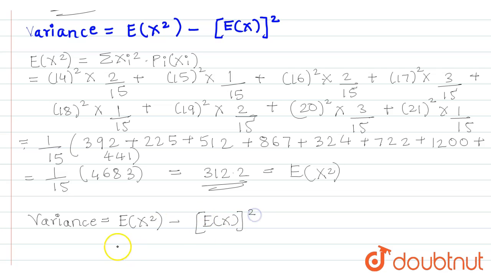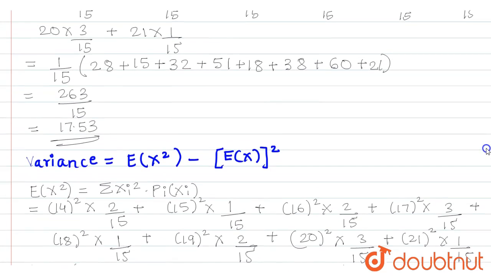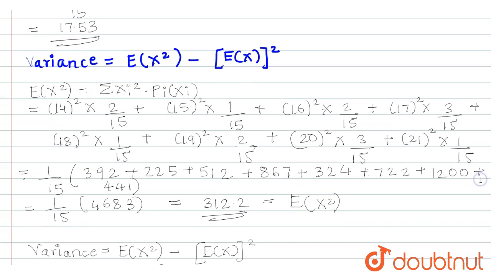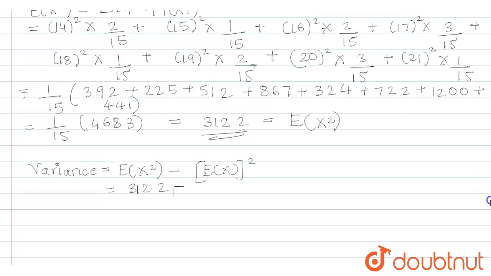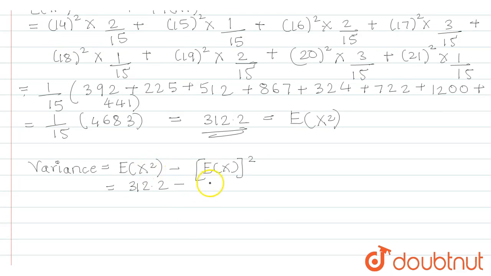So we have already got the value of E x square, which is 312.2 minus. Dear friends, what is the value of E of x which we have calculated up? It's 17.53. So we have to do 17.53 square. So this is 312.2 minus